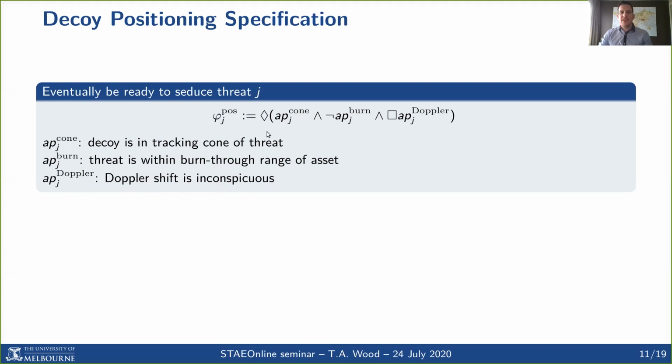Specifically, we say eventually we are in the tracking cone and not in a burn through condition, and from then on always the Doppler shift is bounded. So this specification sums up the whole mission of the decoy, or the positioning mission of the decoy,